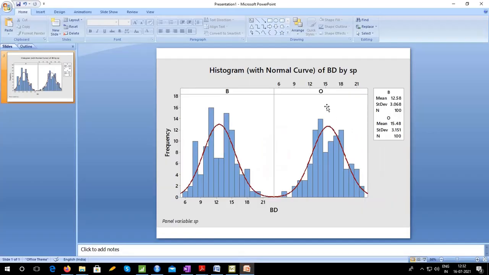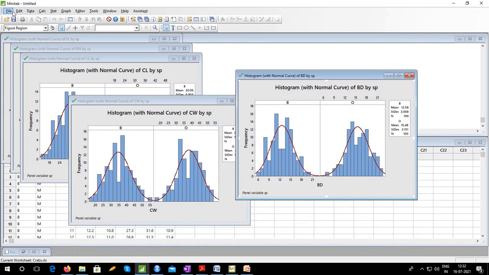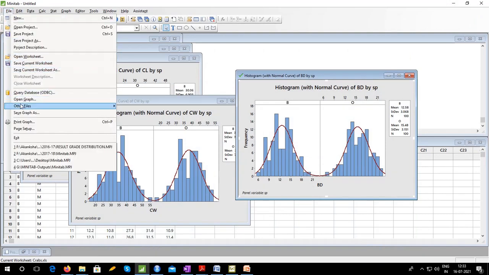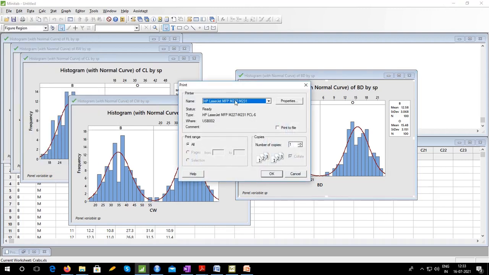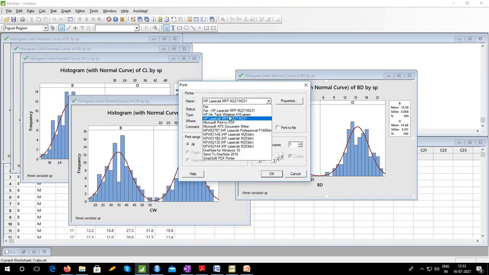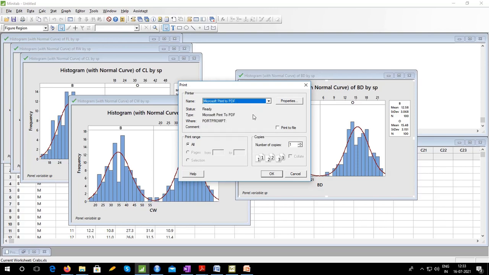See, okay, or you can copy and paste, that is also possible. You can directly print also, I think, yeah, print graph. So you can save it as, I mean if you have a printer you can print it, or you can save it as PDF by using something like print to PDF. Okay,